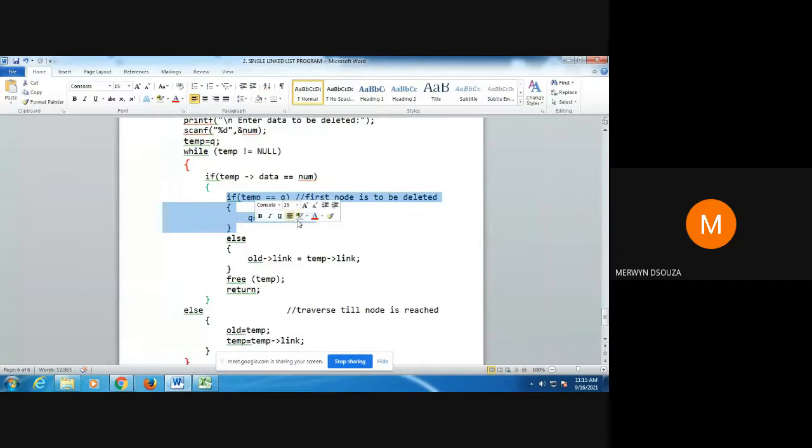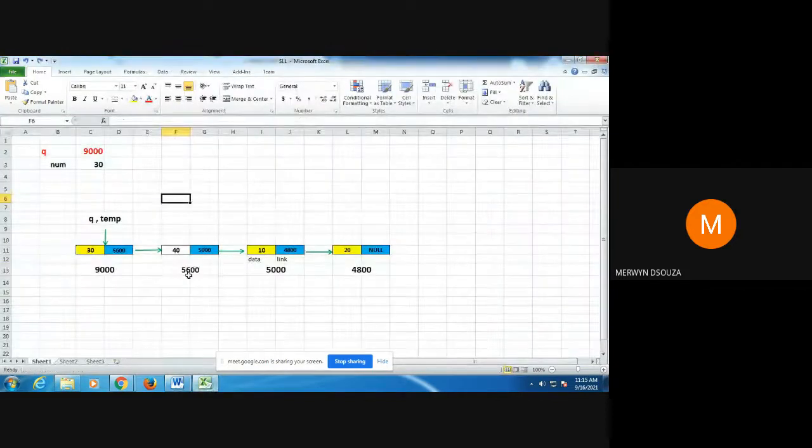It's contained inside these lines. If you want to shift q to the next node, what is the address of the next node? 5600. Is there any pointer pointing to this second node? If there was some pointer pointing here, say r, and I wanted the value 5600, I could have got the value from r.